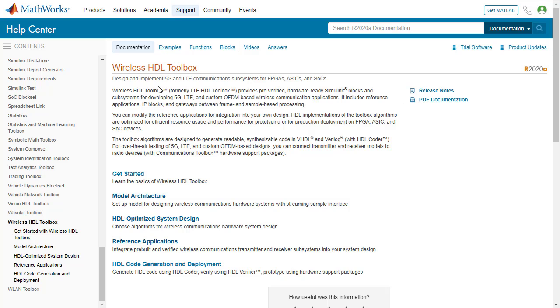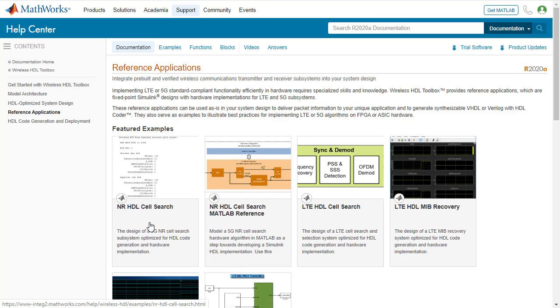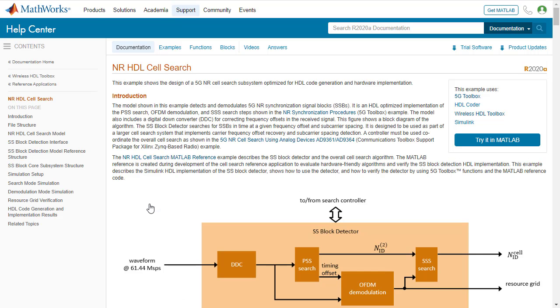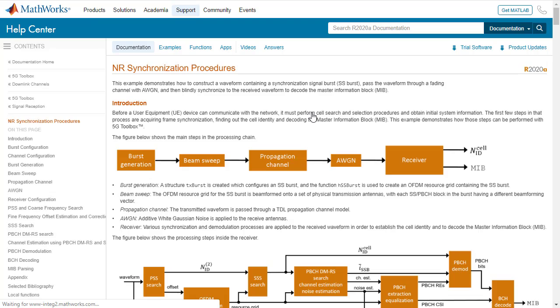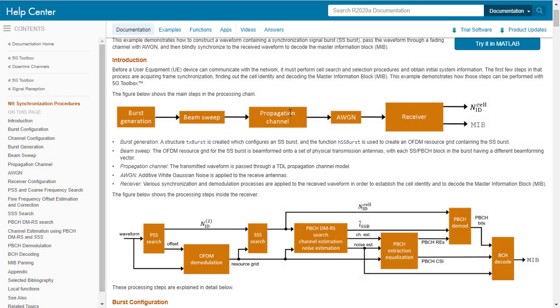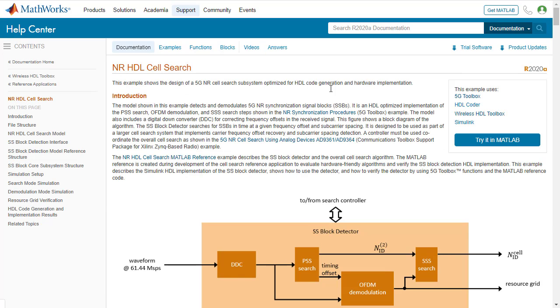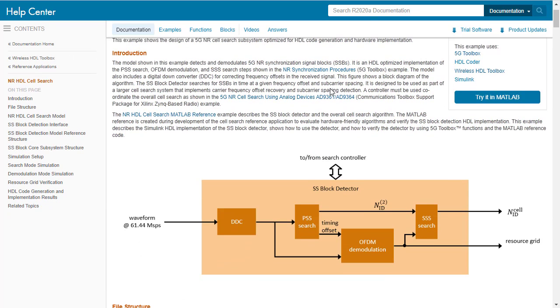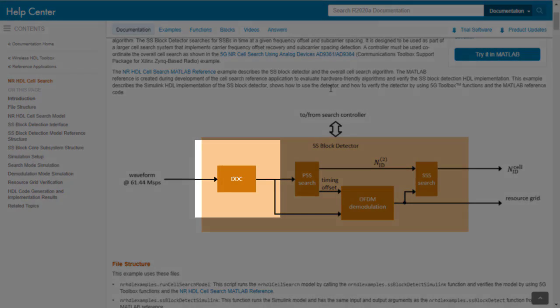This is a brief overview of the NR HDL Cell Search Reference Application, which is our first hardware-proven 5G subsystem IP in Wireless HDL Toolbox. This is a hardware-optimized implementation of the PSS search, OFDM demodulation, and SSS search algorithms from this 5G Toolbox example. Because this needs to work for real-world over-the-air signals, it includes a digital down converter for mixing to baseband and